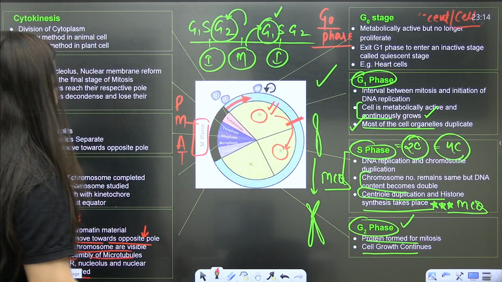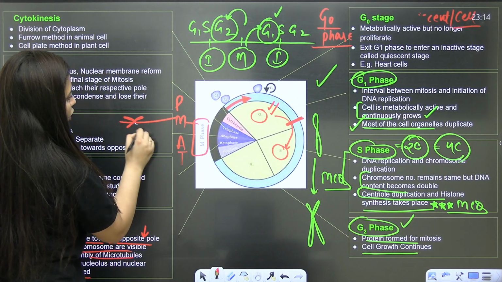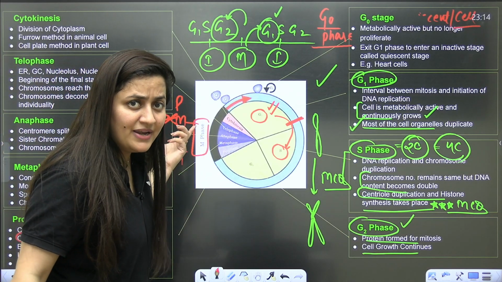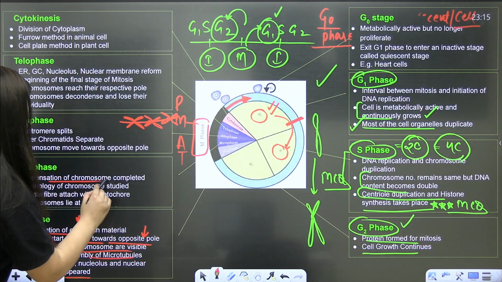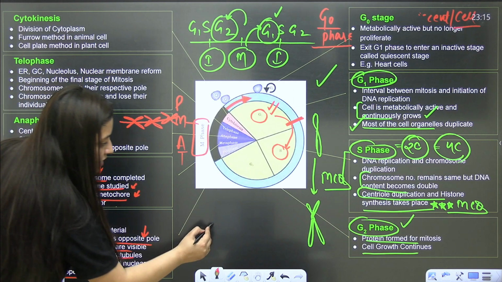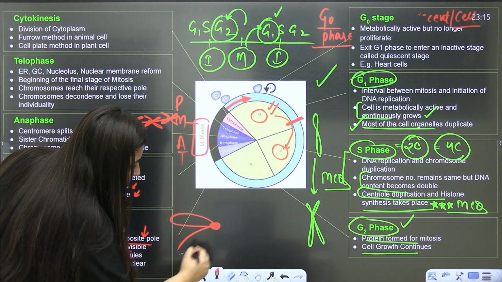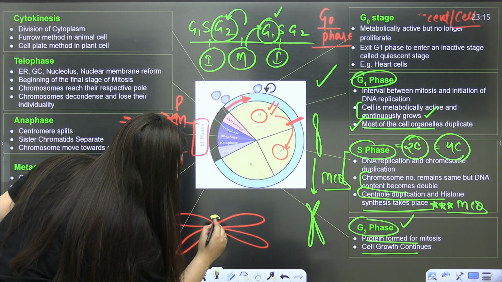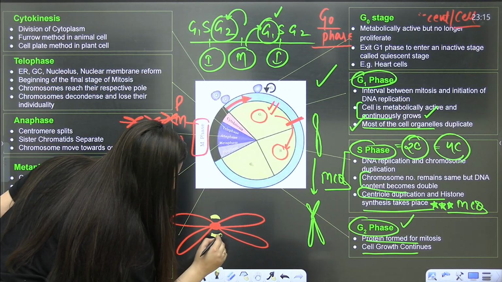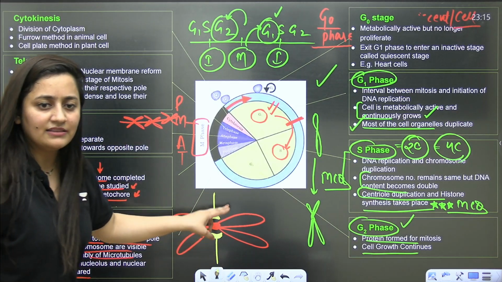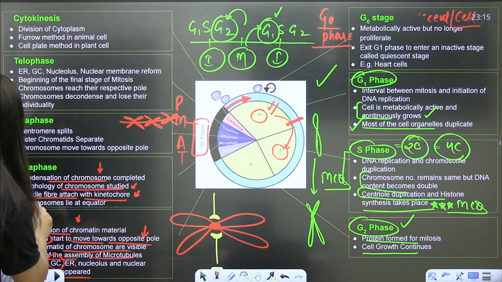After prophase, there is the metaphase. So in the metaphase, we know that all the chromosomes will align themselves in the center, right at the equatorial plate, at the metaphasic plate. So condensation of the chromosome will be completed here. Morphology of the chromosome is studied in metaphase. Spindle fiber attaches with the kinetochore. Always remember, this is the centromere, these are the sister chromatids, right? The spindle fiber will always attach to these kinetochores, which are the disc shaped proteins covering the centromere. Important point it is. Then chromosome will lie at equator.